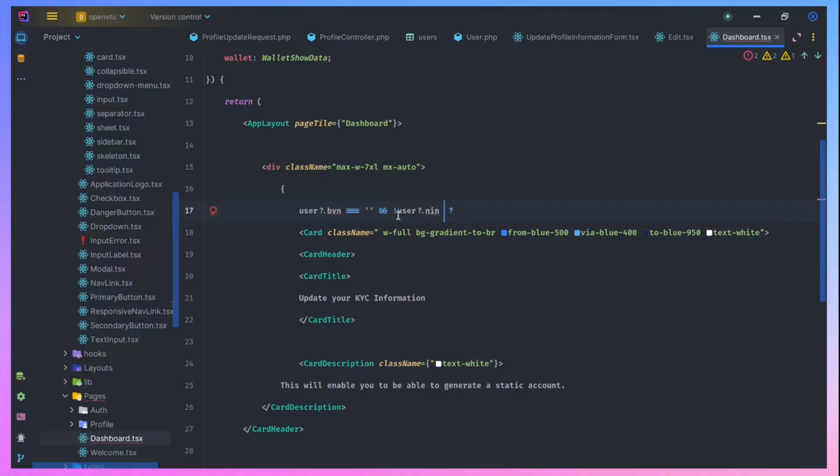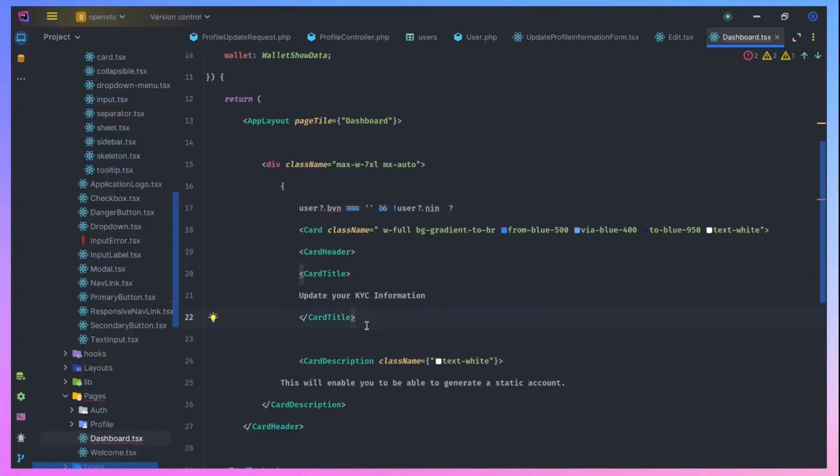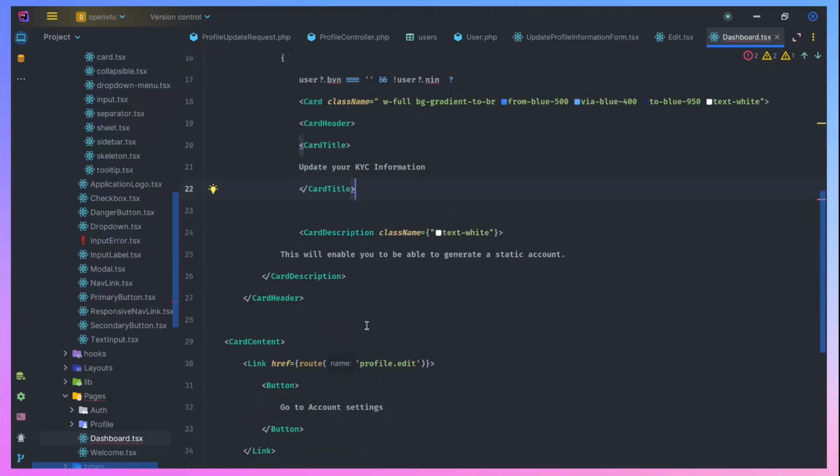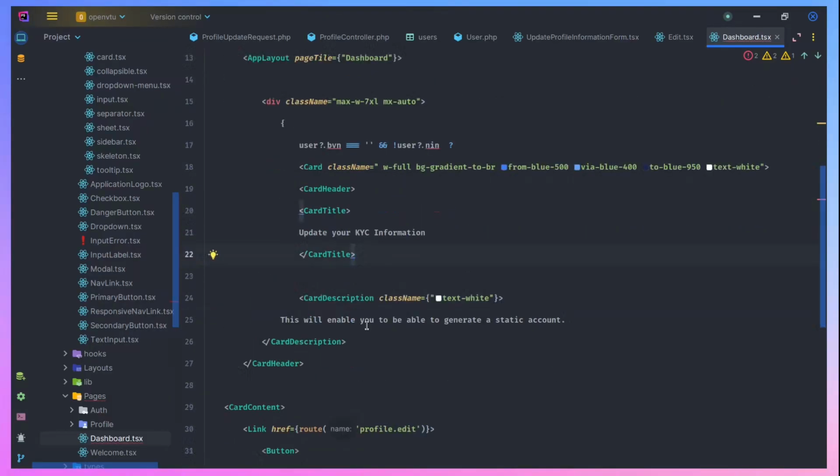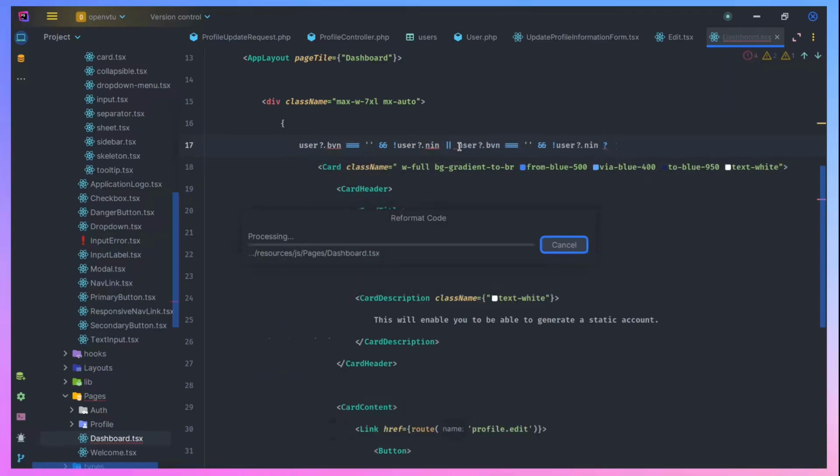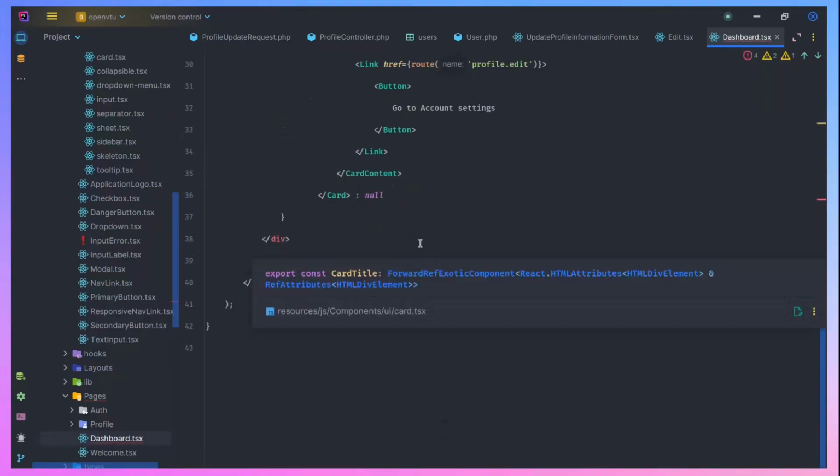So now we want to check this, and we don't have this, so ask the user to supply BVN. So in the same vein, we can say or any of these. And we can repeat this same condition here. So we can say or this. And let's just exchange NIN and BVN. So now everything should work now. So if we don't have any of it,